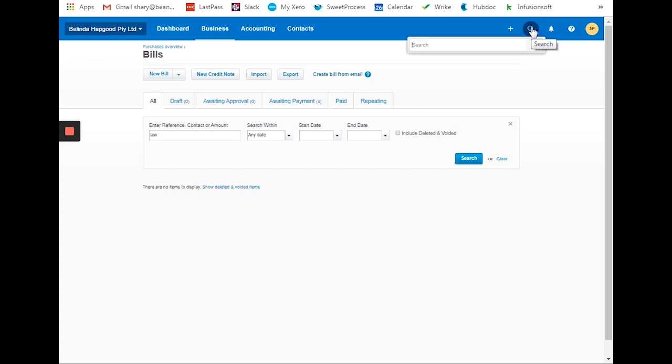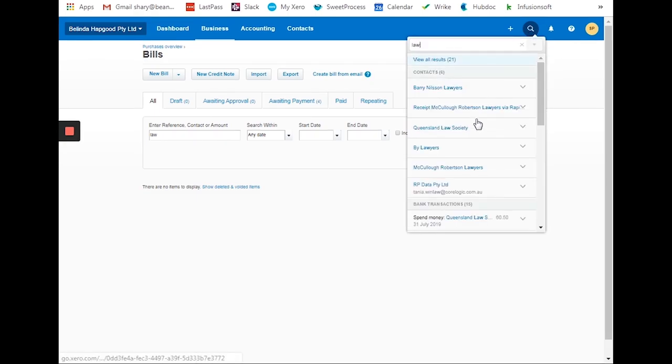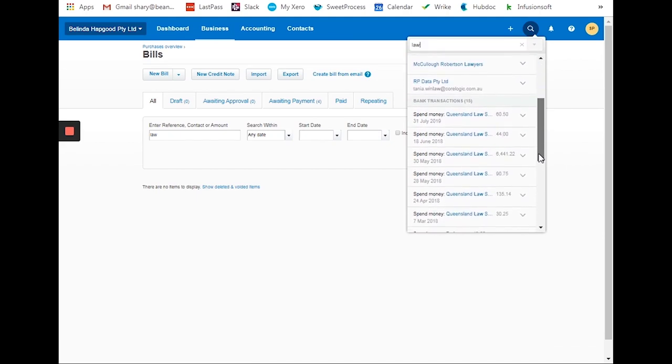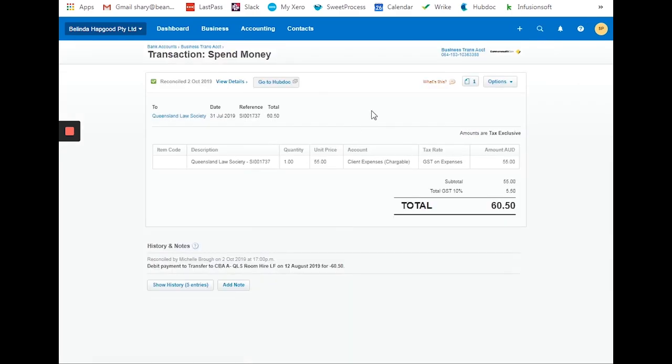You could also use this magnifying glass. As you can see, I found something here under spend money entry. It means before, it was not processed as a bill, but as a spend money entry.